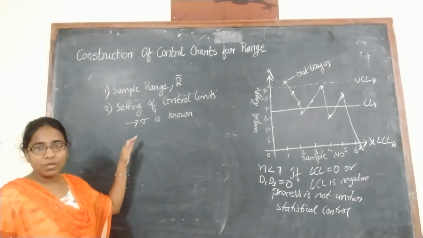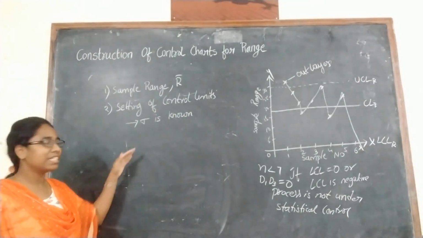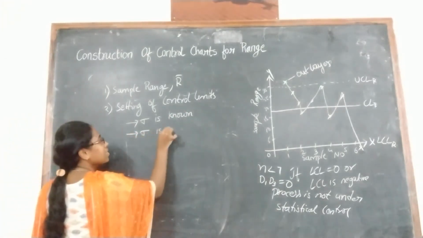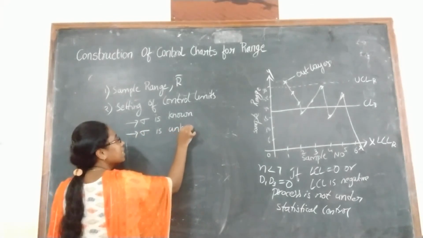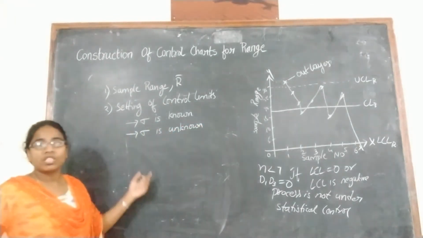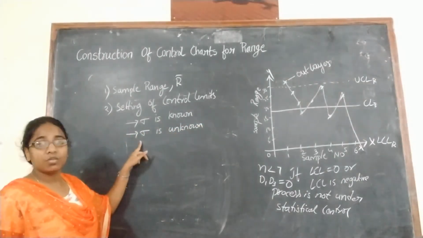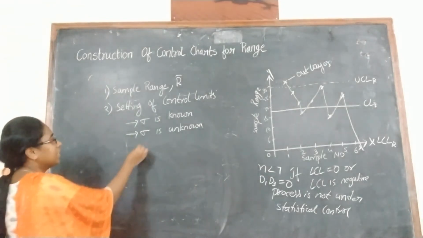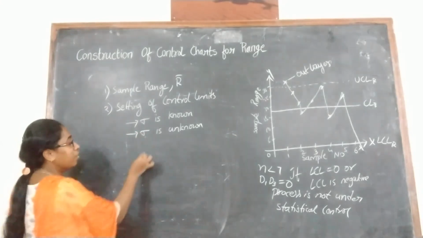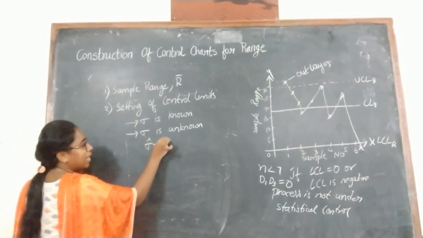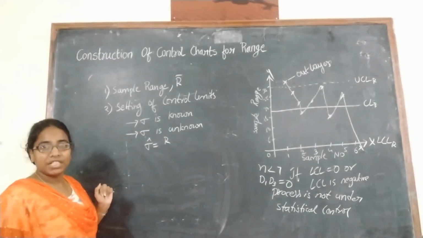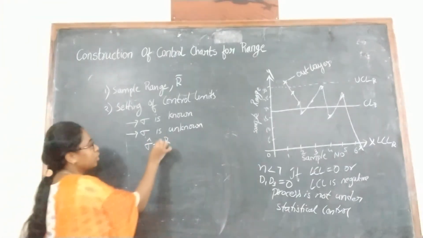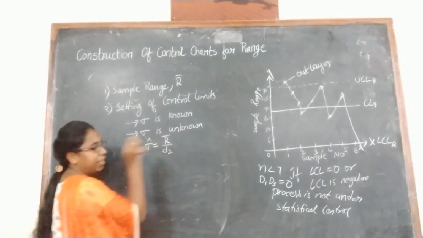In first case, you will get the different UCL, LCL and CL values. And in case 2, where sigma is unknown, that is, the standards are not specified, in the second case also, you will get the different control limits. So in this second case, we will estimate sigma by using the sampling distribution of sample range as sigma hat equals to R bar by D2.